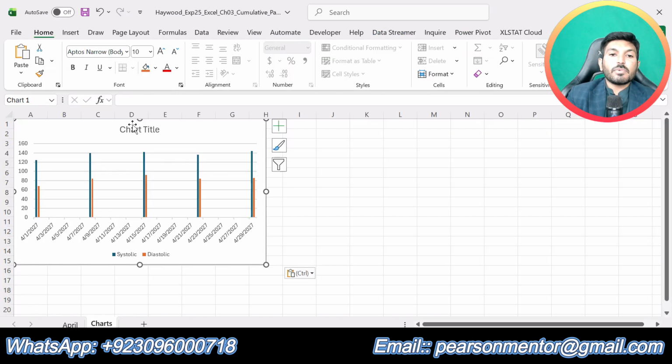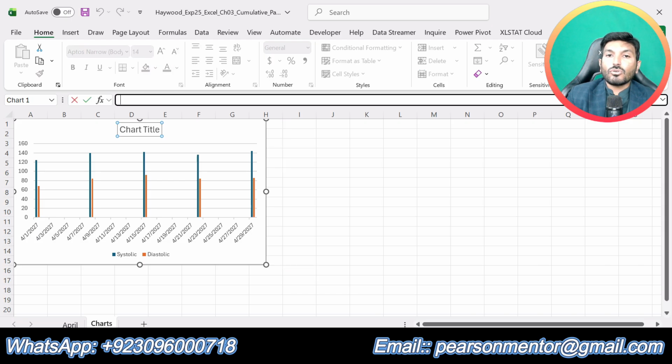For this purpose, just select this chart title and then go to the formula bar. Click in the formula bar and type Blood Pressure Readings in April.